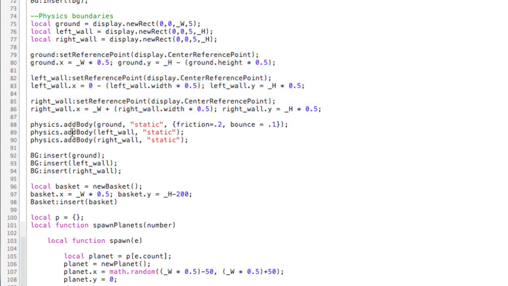Finally, I've added physics bodies to those objects, and these are added to the objects themselves, not to the background group. That wouldn't make any sense. So these are static physics bodies, so that way they don't fall when gravity is instantiated. And the ground has some additional properties of friction and bounce. They're inserted in the background group, so the background group has the background, and then the ground, left wall, and